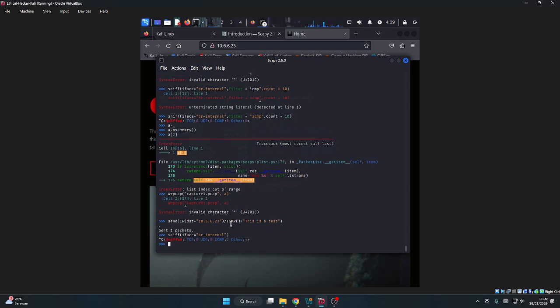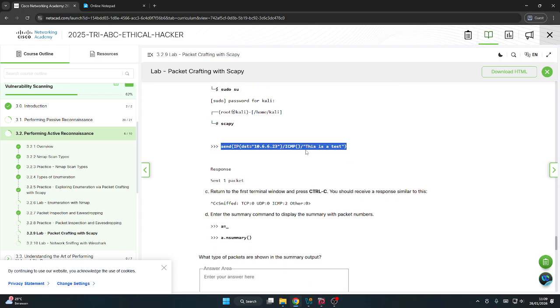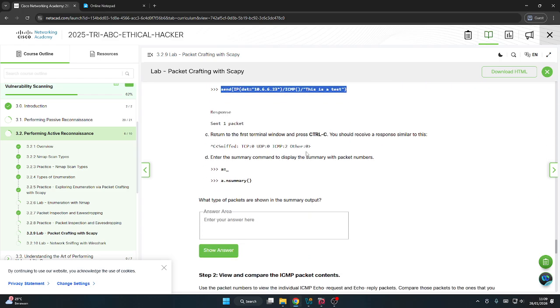Yep, there is ICMP 2 and order 4 because we sent the packet there, and enter the summary command.